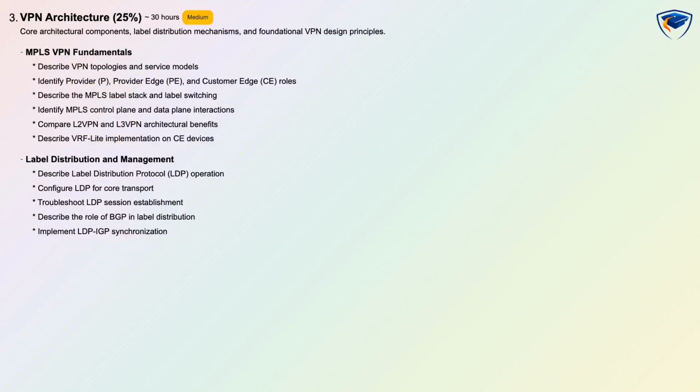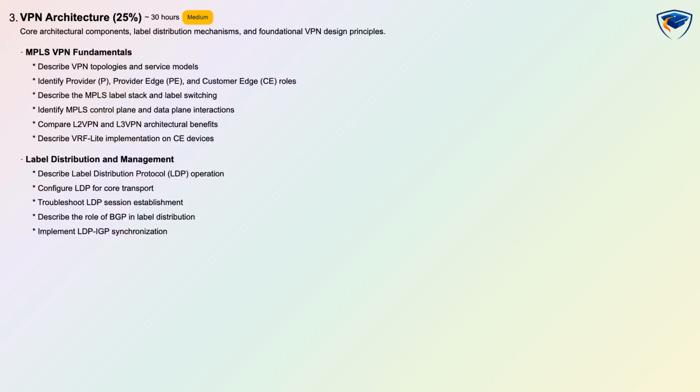VPN architecture makes up 25% of the exam and is medium difficulty with an estimated 30 hours of study and conceptual plus scenario-based assessment. You will study MPLS VPN fundamentals including typical VPN topologies and service models, and identify the roles of P, PE and CE devices. Expect to learn the MPLS label stack and how label switching operates, plus the interactions between the MPLS control plane